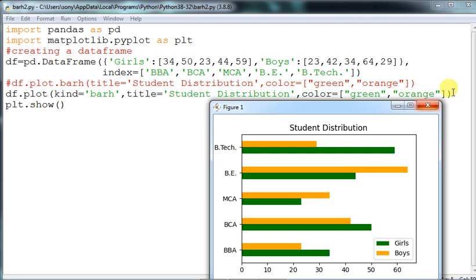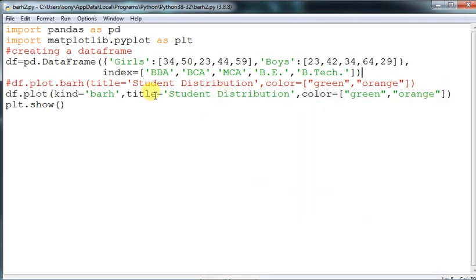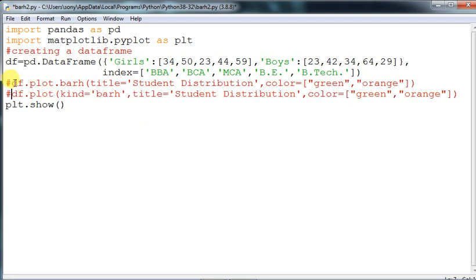Now the same graph can be made another way. You can see here a command that was already in the program, but not executable. I kept it because I did not delete it. Sometimes we forget to write the commands, or sometimes we forget to explain. So I kept it as it is, though it has no effect in the program. We are not using both commands at a time, so I am turning this one off and making that one executable. Now you see this command and that command are a bit different, but both do the same work.